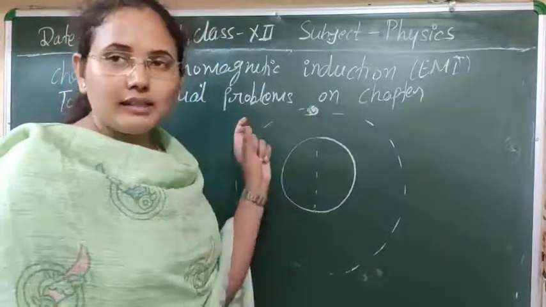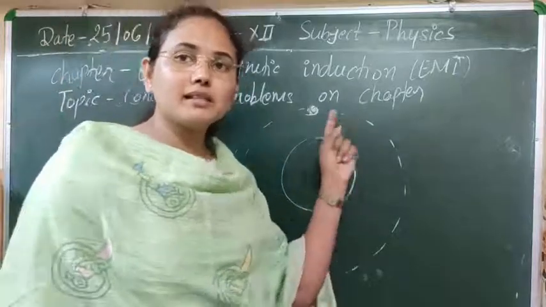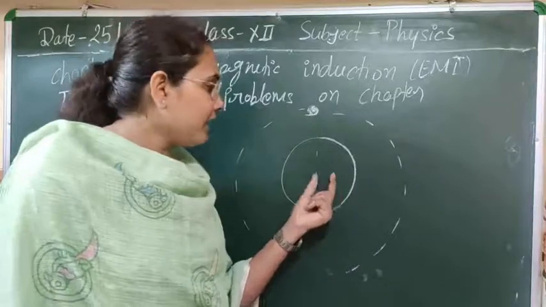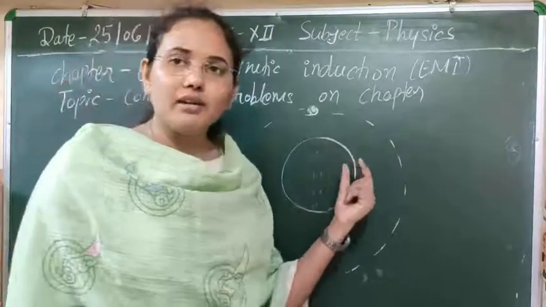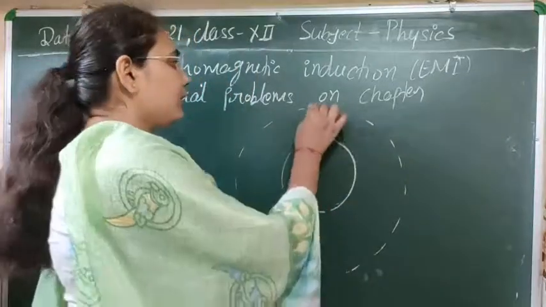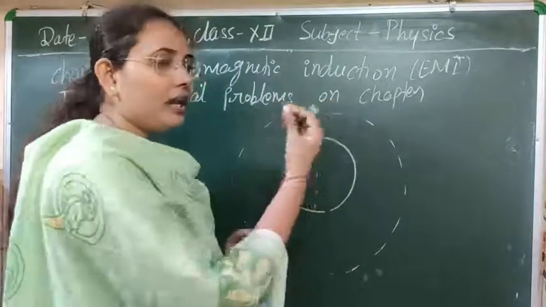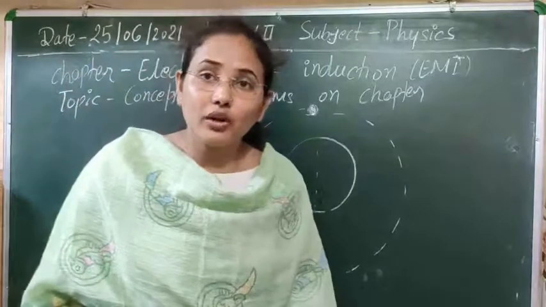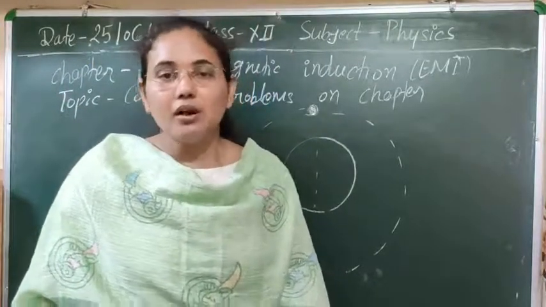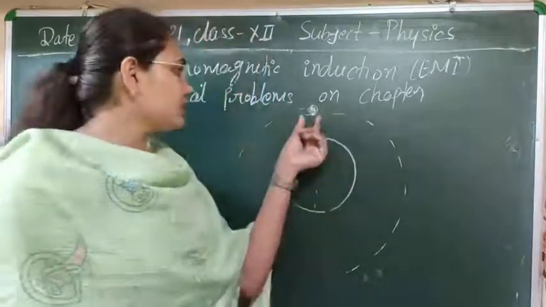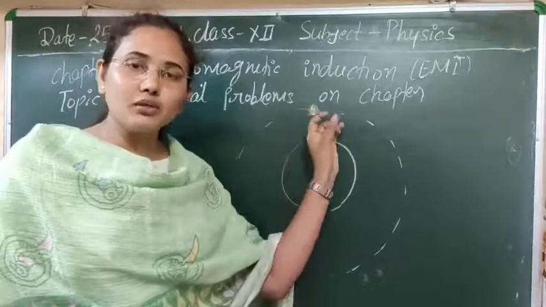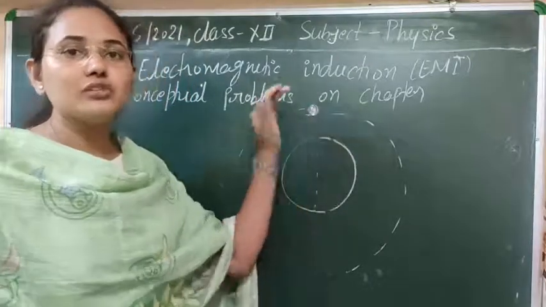If this satellite is made up of metal, it is completing a circuit. First, come to this point. As you know, the vertical component of the earth's magnetic field will be induced here. If it is rotating, then due to the rotation the orientation will change, theta will change, and due to the change in theta, obviously the magnetic flux linked with this satellite will change, and that will induce an EMF and an induced current here.